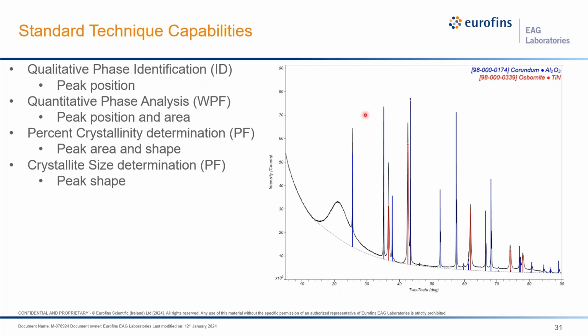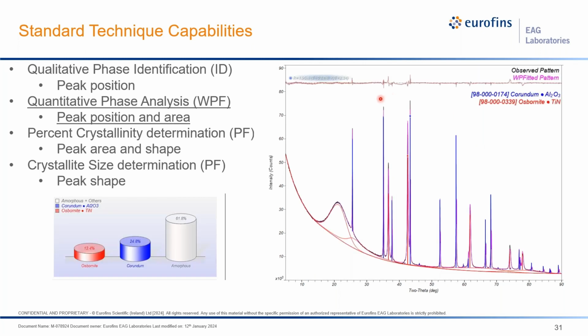It's incredibly structurally sensitive. So here we can see a spectrum with a mixture of phases, and we can clearly see that there are 2 distinct crystalline phases. There's an aluminum oxide and a titanium nitride in the blue and red lines. Now we can do a little bit more than just identify phases. We can do a semi-quantitative analysis, where essentially you're analyzing the area under the peaks, and then representing that in weight percent. You'll notice here that there's this very broad hump at a low 2 theta range, which is an amorphous material.